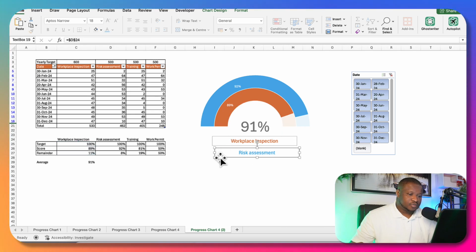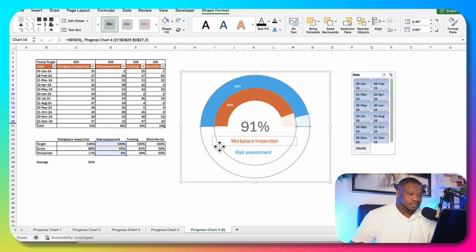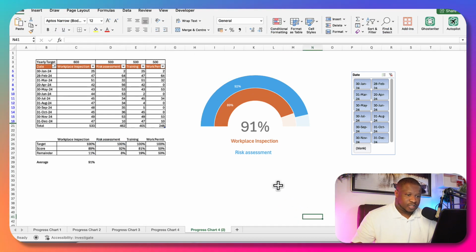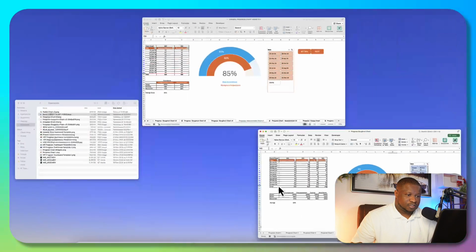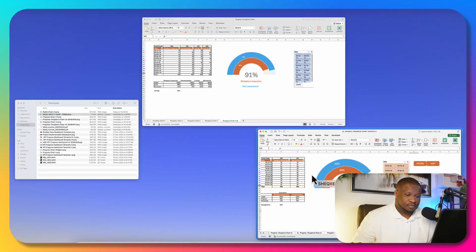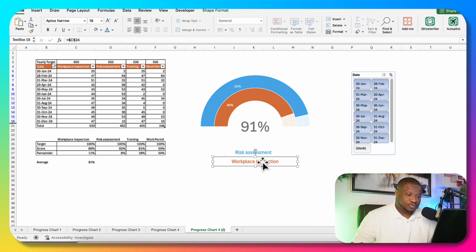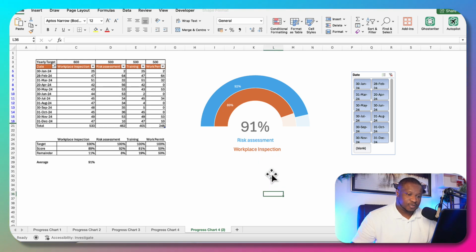Okay, then we take our time to reduce the fill. So that's exactly what we've done. We've been able to replicate this chart, right? We've been able to do the same thing. Okay, so one was on top, so let's do the same thing. This one was right on top. Risk assessment is the one on top, and workplace inspection is the one below. So there we have it. We've created our